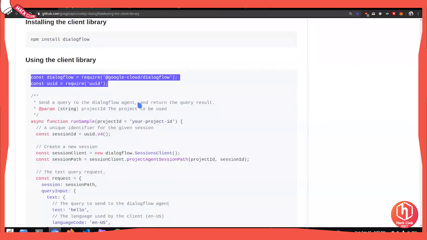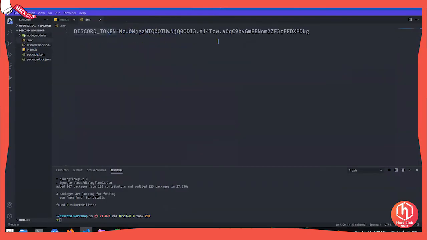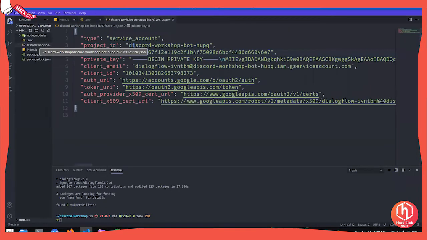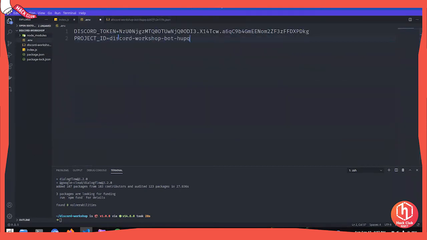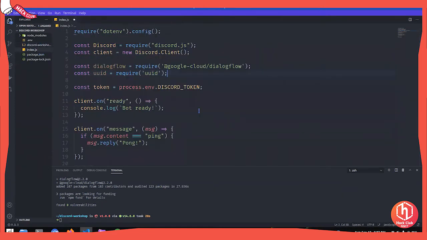Yeah, so because you need a field for your project ID, I'm going to create another variable in your environment file called project ID. One second. Okay, I just realized that. Fine. So now we need to copy this project ID field and paste it over here. Done. That's it. All right. So you can close this file.